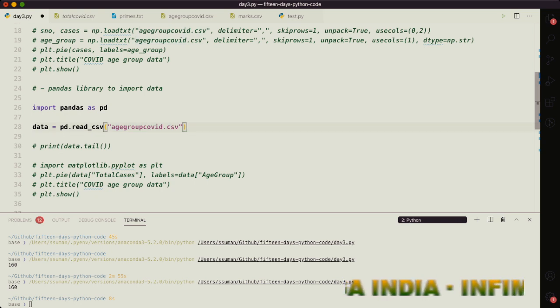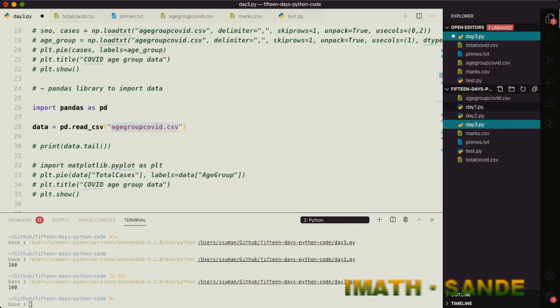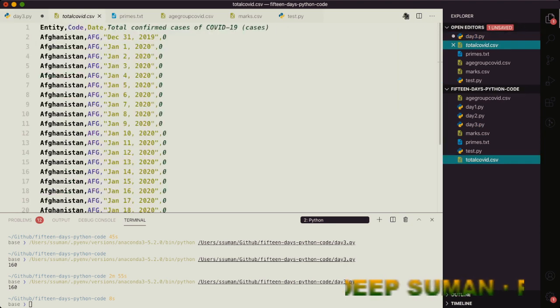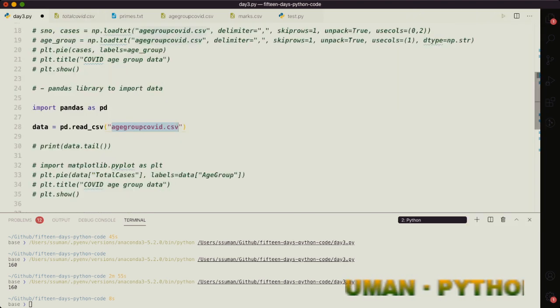If your file is not saved in the same folder, like you can see that in my case the files are saved in the program folder here, so I can access them directly. If your file is not saved in the same folder, provide the complete path, like if you have downloaded the file, then append the file name here, complete path, sorry, it should be backslash, write your complete path here, and then use a slash of download folder, and then use a slash and then provide the file name. In this way you can access the file.